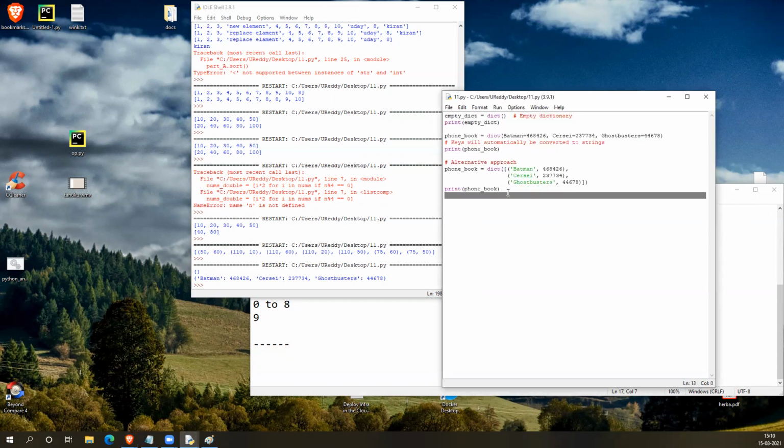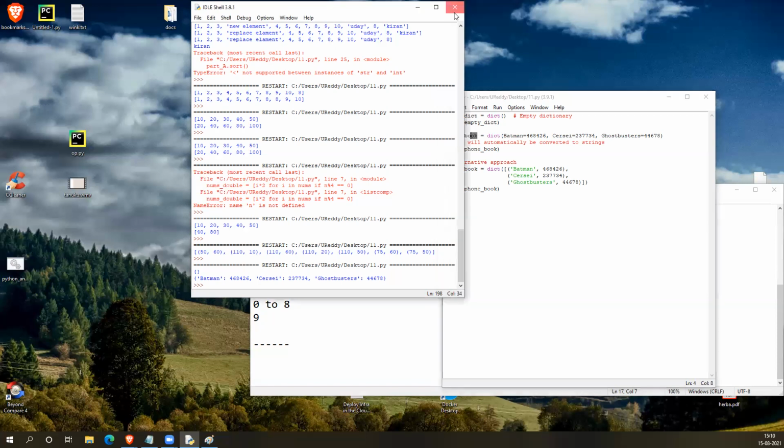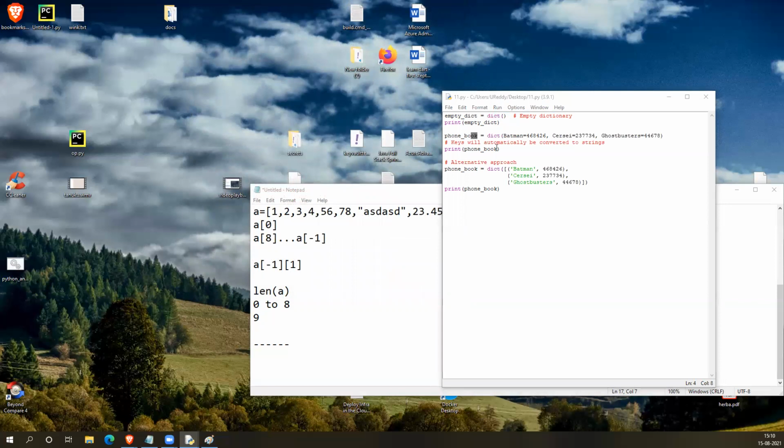You see, I'm using the dict function here. First, I created a dictionary object, an empty dictionary. Later, I created a phone book dictionary object. Let me execute that.